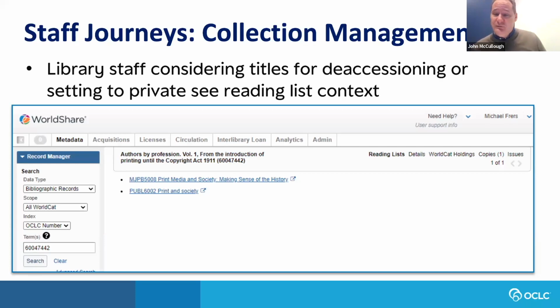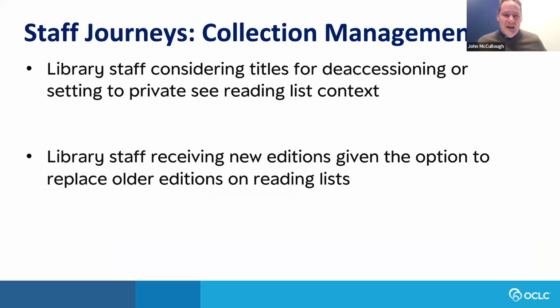That in turn will inform the staff member's decision about, do I keep it or can I get rid of it? Similarly, library staff on the acquisition side who are receiving new editions, the system can automatically look up the resource list for older editions that have been placed on the resource list by faculty, and you have the opportunity to update the older edition with the newer one that the library now has in hand from within the acquisition